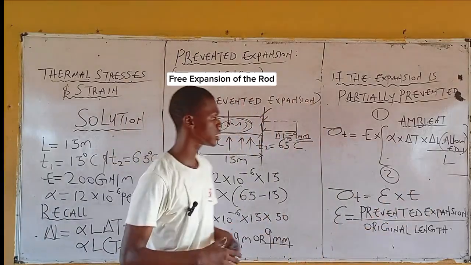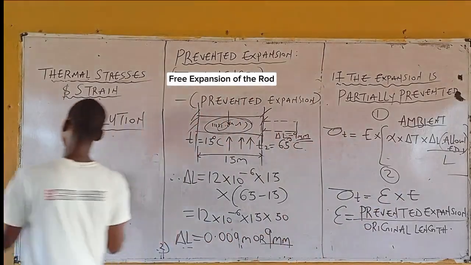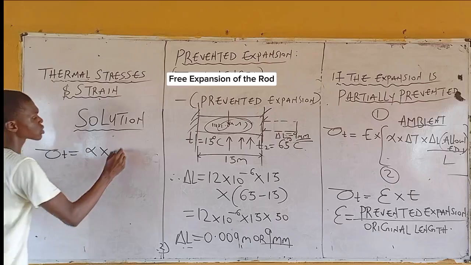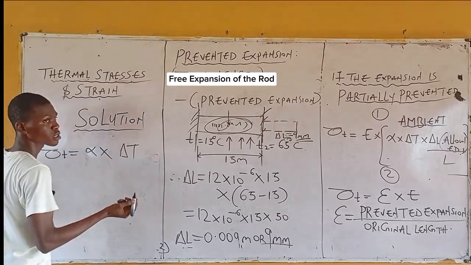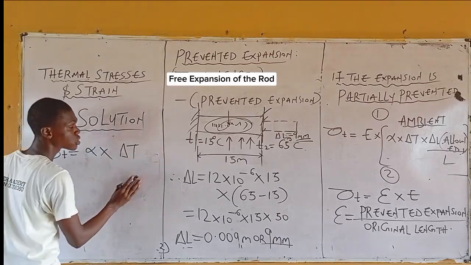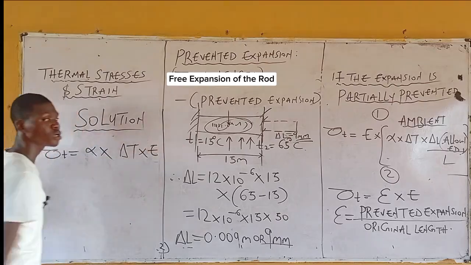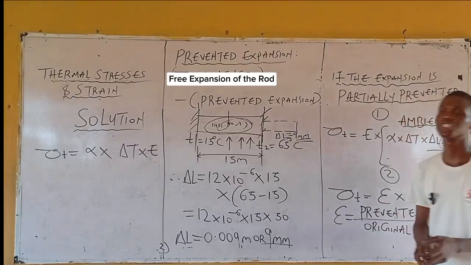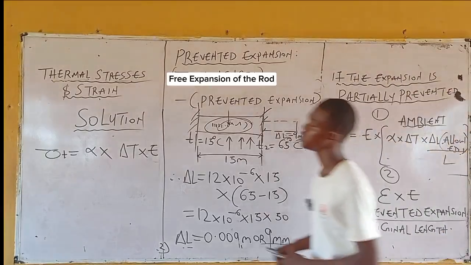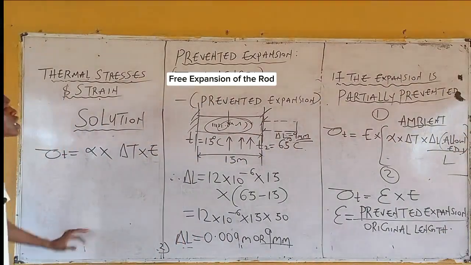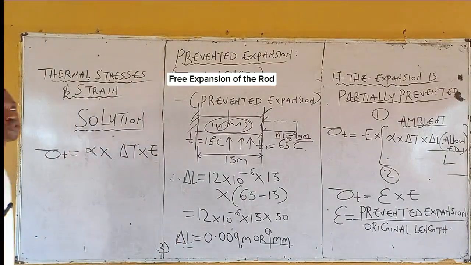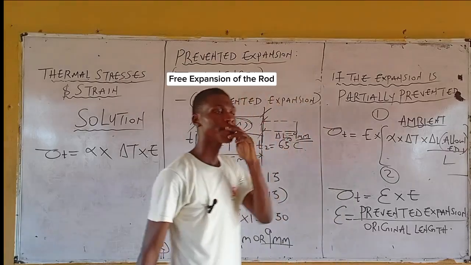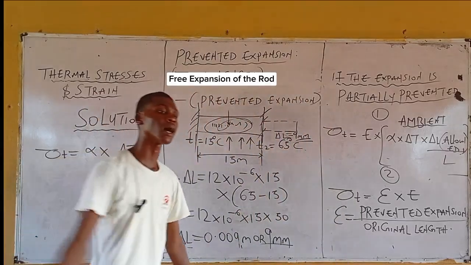The stress of prevented expansion, what's the formula? Linear expansivity times change in temperature times Young's modulus, or you say modulus of rigidity. Now, input values. What's your Young's modulus? 200 giga Newton per meter square. When you say giga,